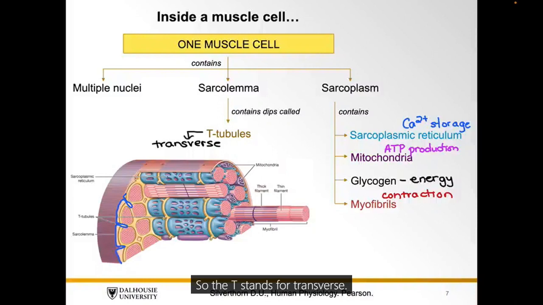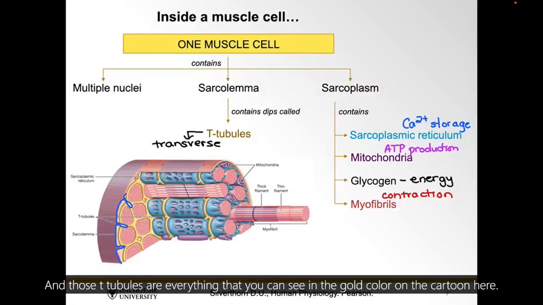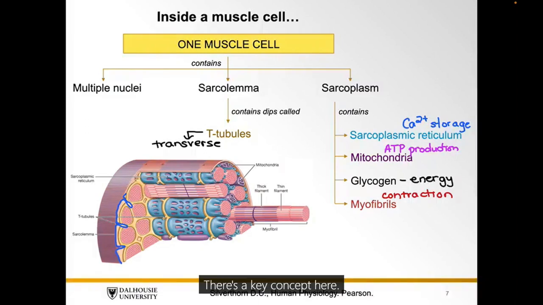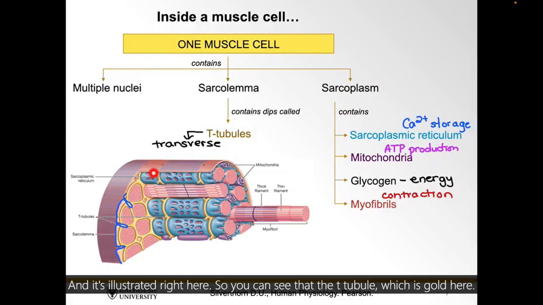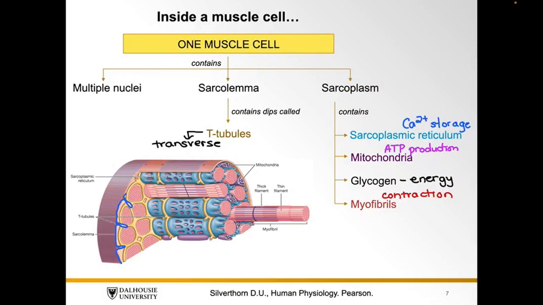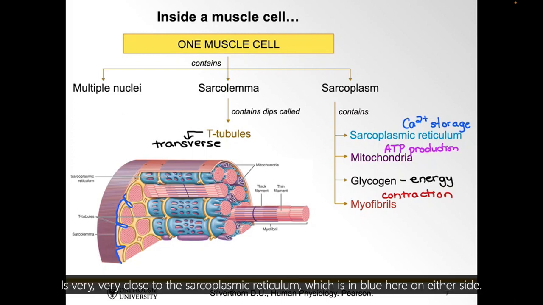So the T stands for transverse. And those T-tubules are everything that you can see in the gold color on the cartoon here. There's a key concept here, and it's illustrated right here. So you can see that the T-tubule, which is in gold here, is very, very close to the sarcoplasmic reticulum,